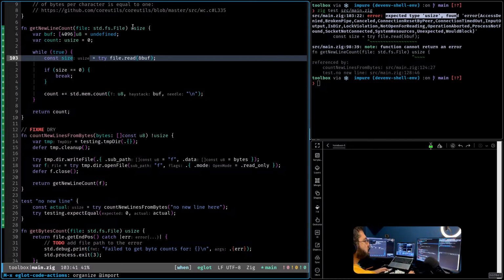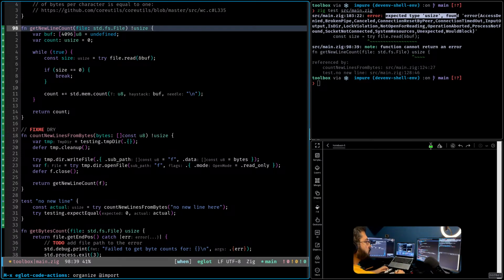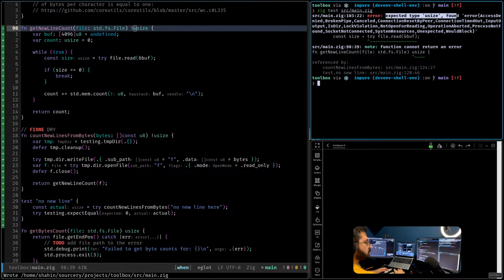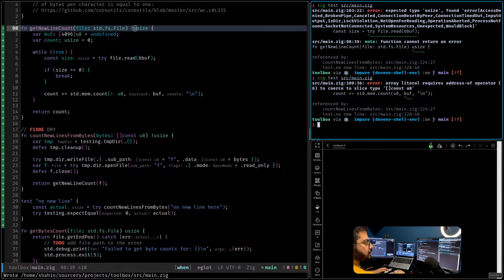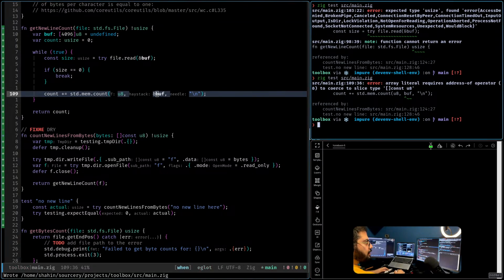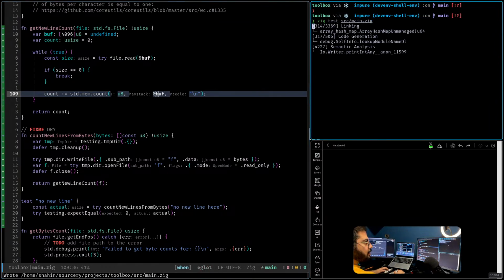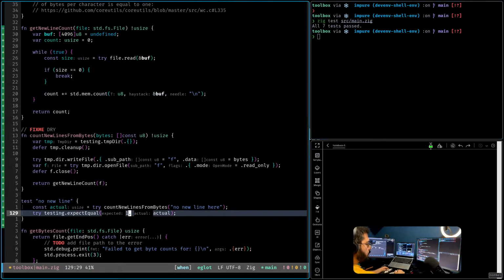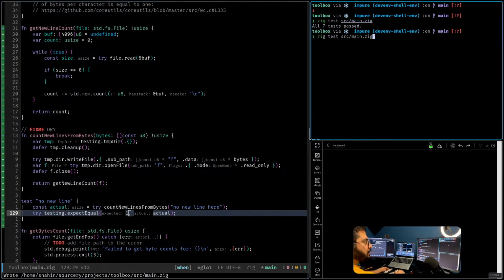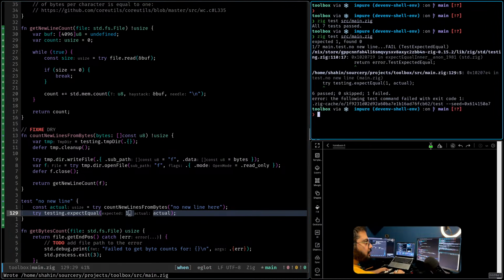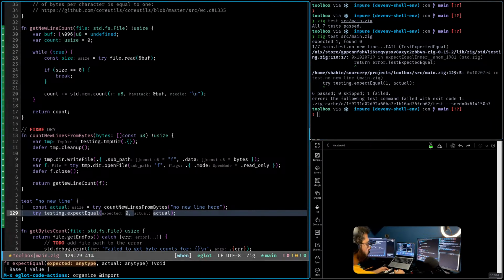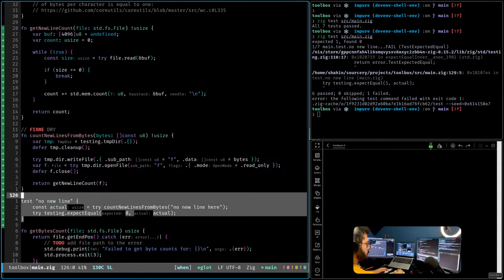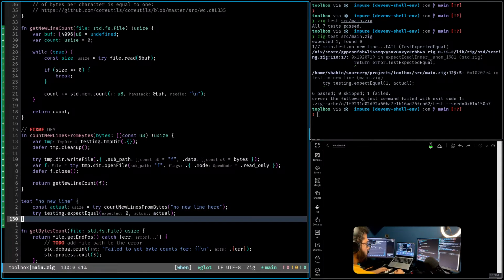Oh, function cannot return an error, because that's where I am actually testing it. Yeah, and if I break it intentionally, correct. So this is it, and I also can do another one